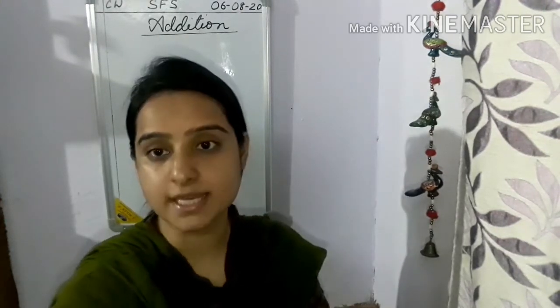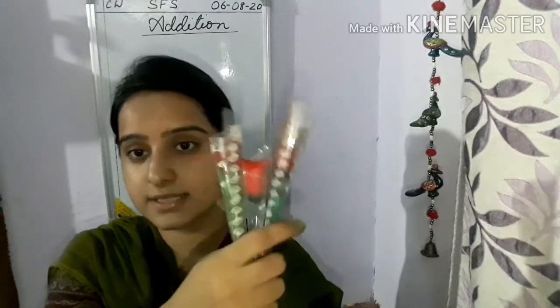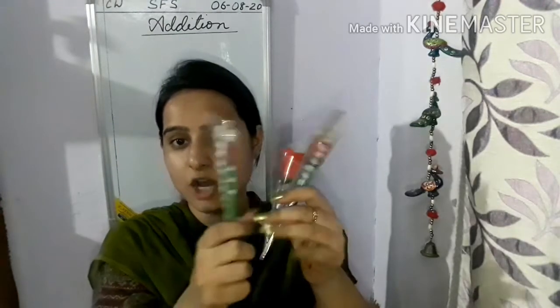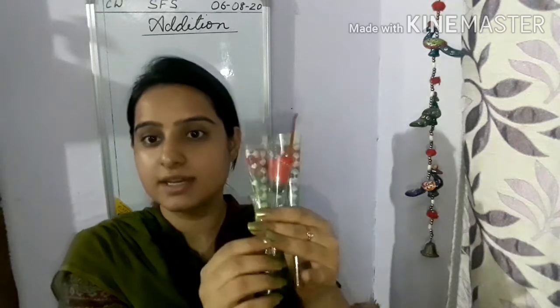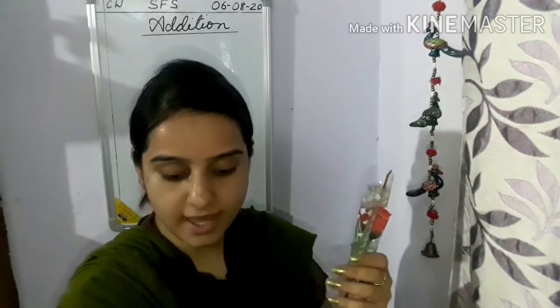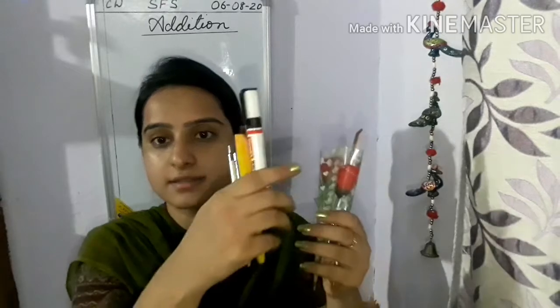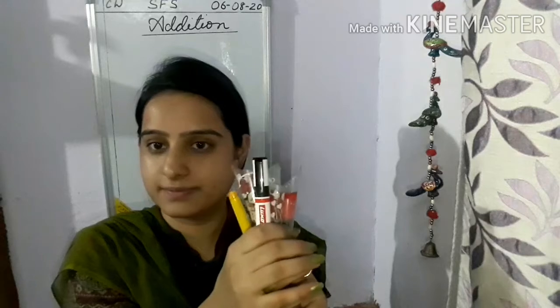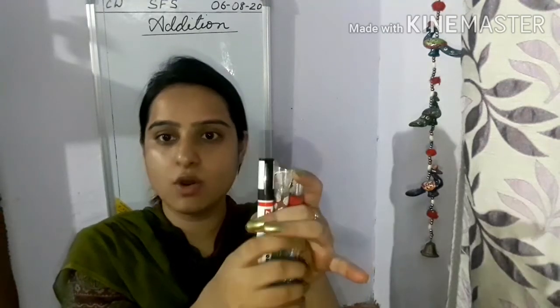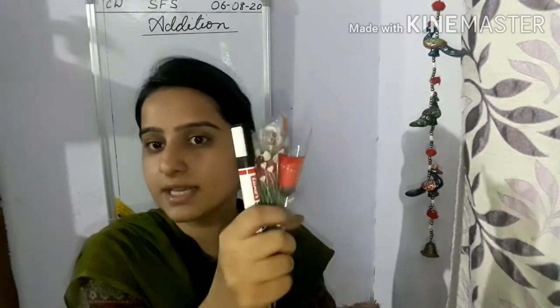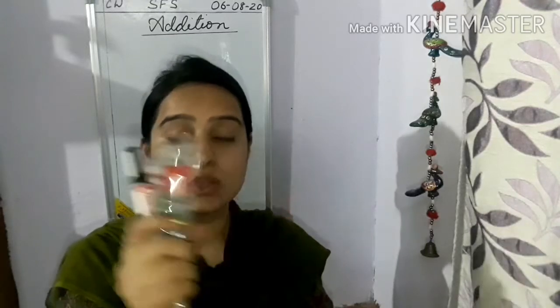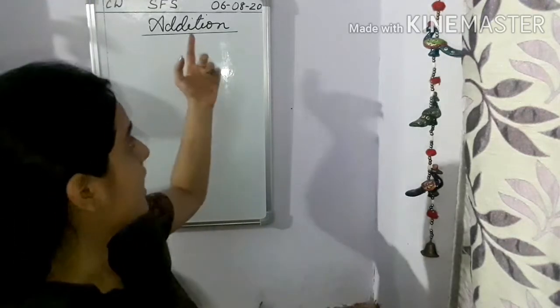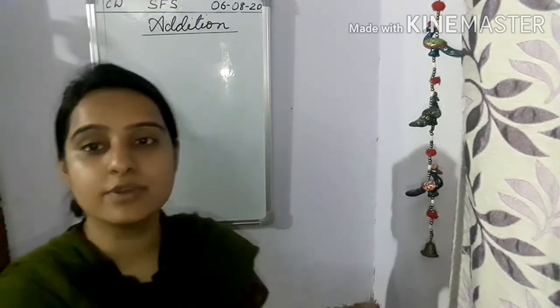I have few things. Can you see this? What are these? These are roses, isn't it? How many roses can you see here? 3. And then I have few more things. 3 pens. But I want to bring all the things together. So if I have to bring all the things together, can you say how many things are here all together now? So for this, children, what are you going to do? You are going to do addition, isn't it? So today we are going to start the new chapter, addition.